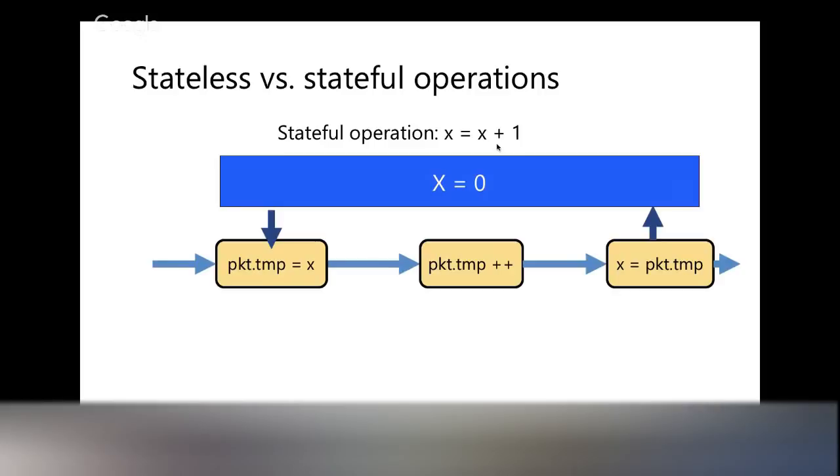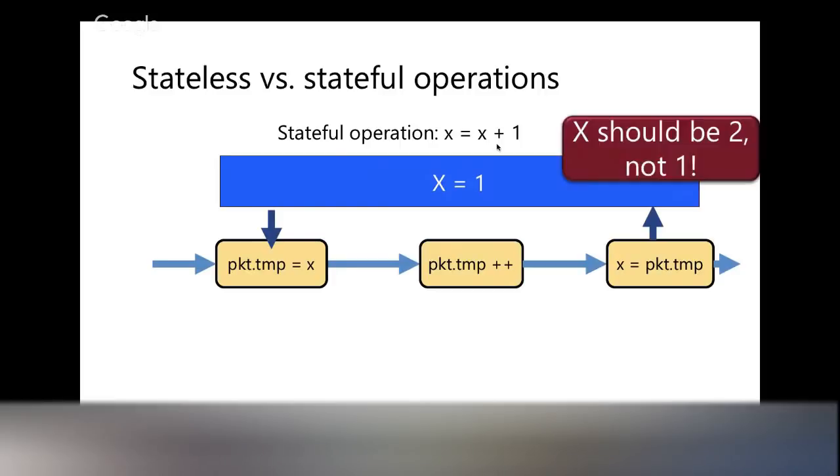Now, would this approach work? Let's say you have 2 packets, red and green, arriving back to back at clock cycle 0 and 1. So red just shows up now. After clock cycle 1, red's temp has picked up 0, green has just entered. After clock cycle 2, green's temp picks up 0, which is the old value of X. You can probably see where this is going. As green makes its way through the pipeline, it gets incremented to 1, and it ends up writing 1 back into X. So after 2 packets have gone through the pipeline, X is now still 1, when in fact it